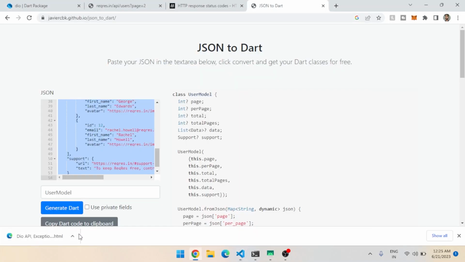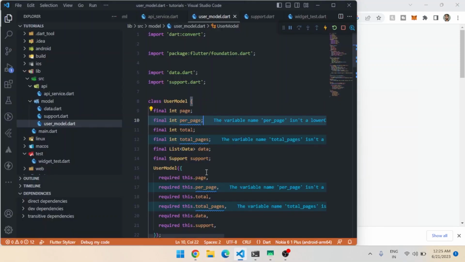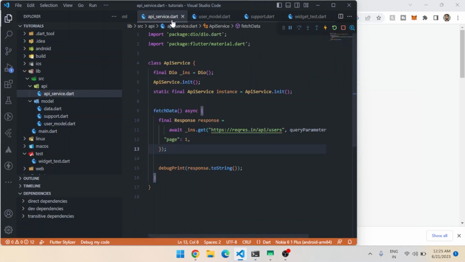Okay. So what you need to do, copy this and paste it there. If you want to use this, you can copy this and paste it here. Same thing, doesn't matter. But the key difference is that it can accept null values and you can change the value wherever you want. Okay. So now we have created our user model class, user model data modeling we have done. So now what we will do,